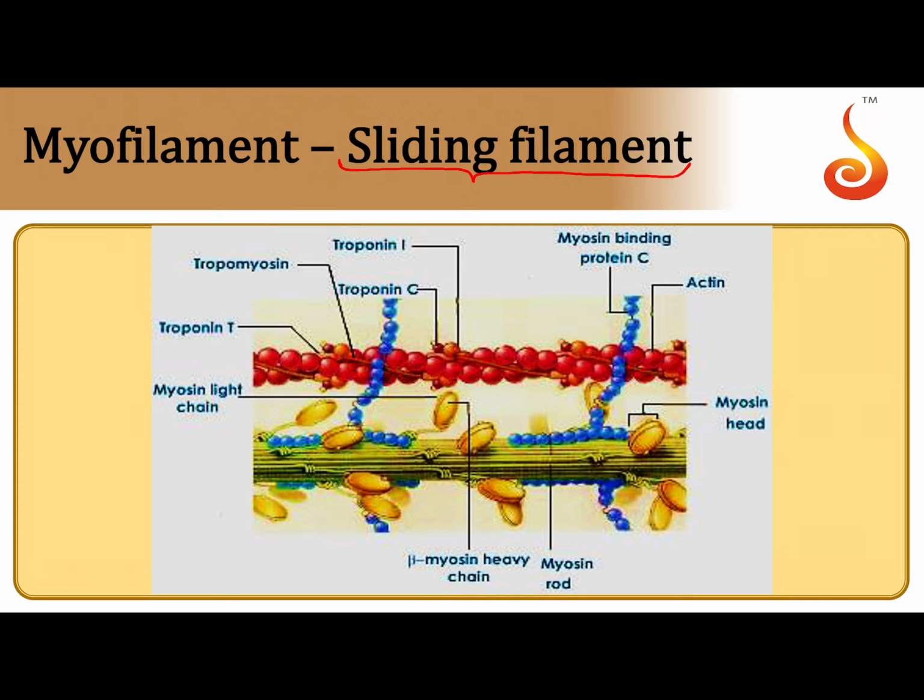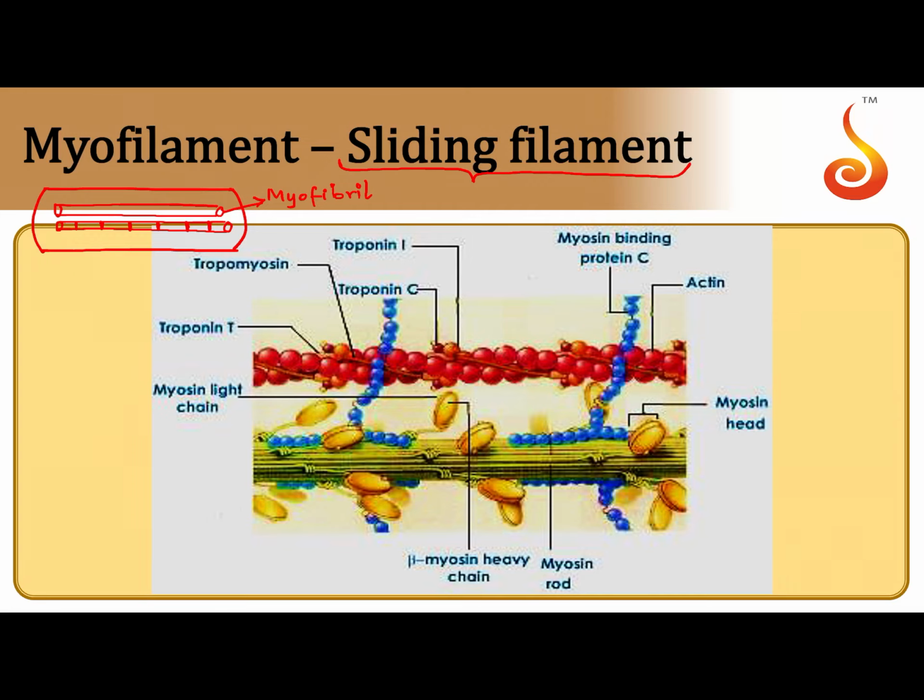For that, you have to know that a muscle cell consists of numerous fibrils inside. Say, for example, this is a muscle cell. I had told you we call a muscle cell a muscle fiber because it is cylindrical. Within each muscle cell, there are numerous parallelly arranged tube-like or minute cylindrical structures which are referred to as myofibrils. So I'm going to call each of these cylindrical structures a myofibril. And in the myofibril, you have repeating units, and these repeating units are referred to as the sarcomere.